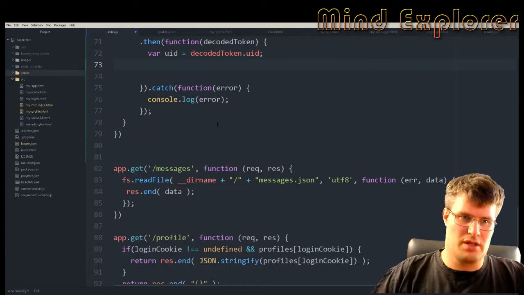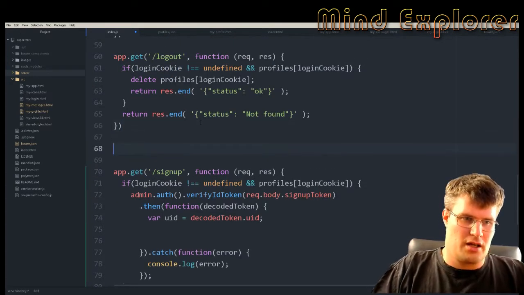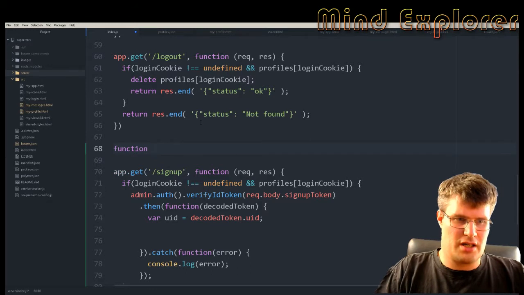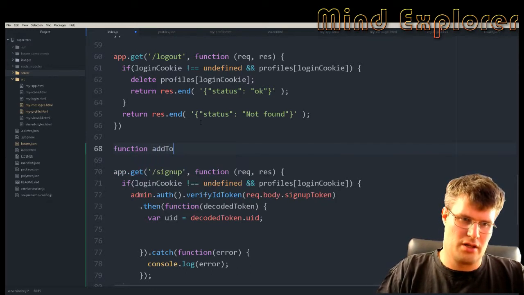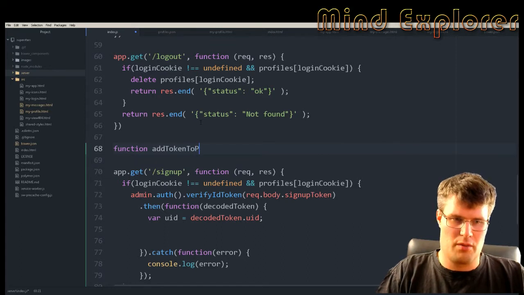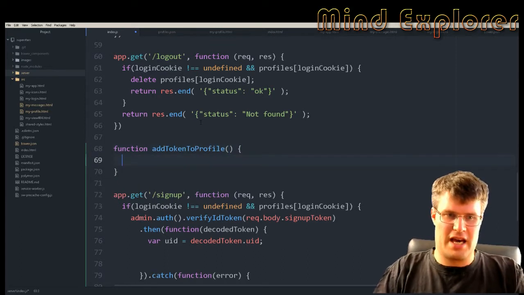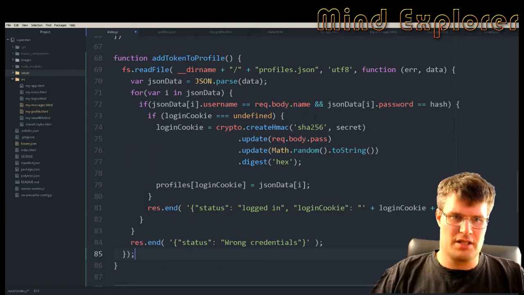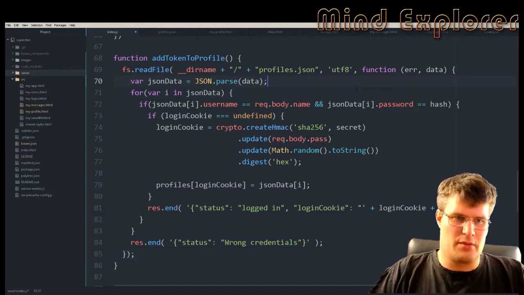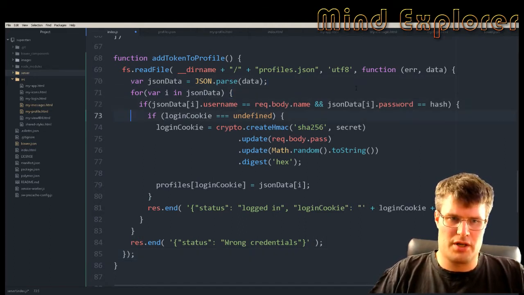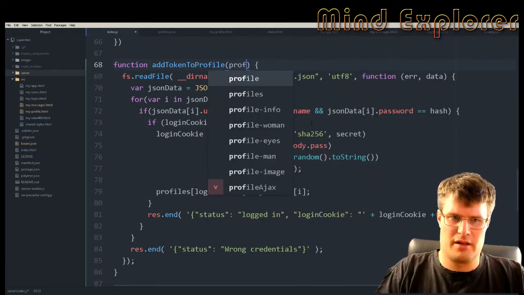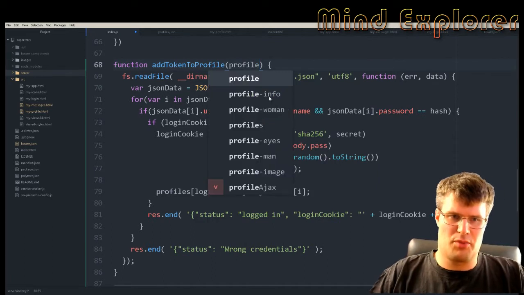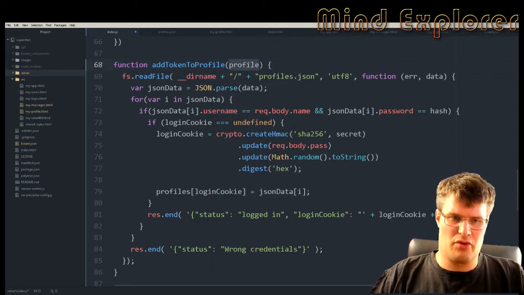Let's go here and the function add token to profile. Let's call it that. So this is the data we want to go through. We want to look at the data and we will check if the profile we have here. So I will actually give it the profile, and if that profile's